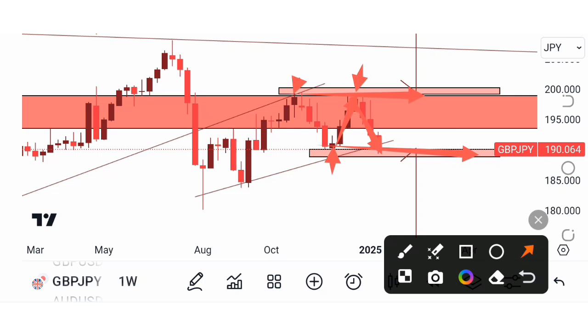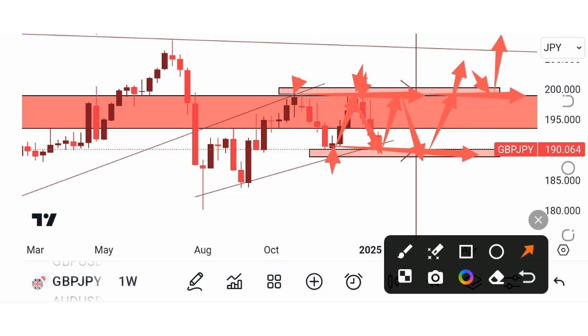So my expectation for the week that is coming is, from here, we might see the market coming back all the way to that resistance over there. Not that the market is going to do that, but that is just what I'm expecting. And if the market does that, of course, I'm going to buy, reach the resistance over there, sell, reach the support, buy, and whichever direction the market ends up breaking,